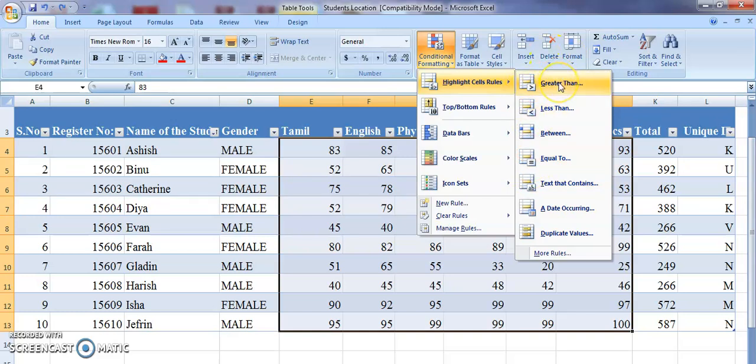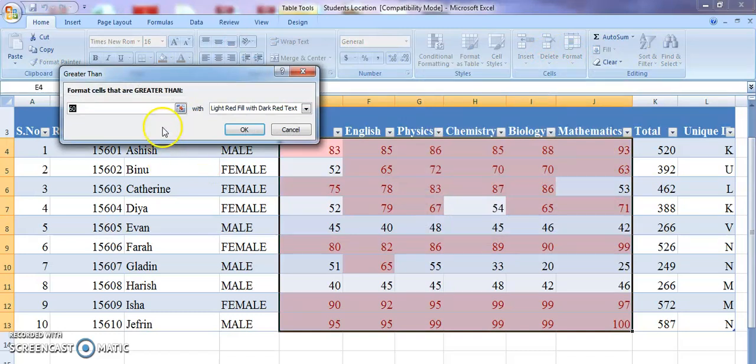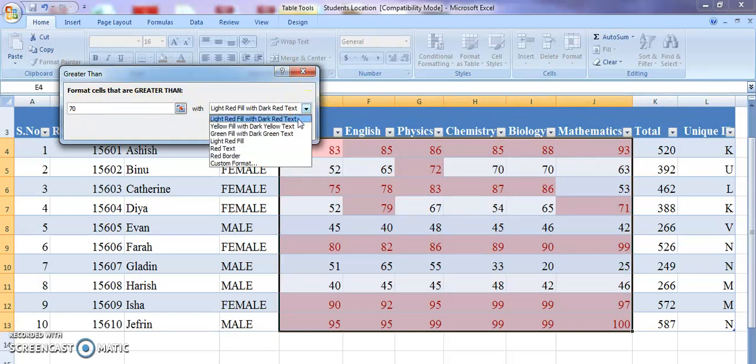Now whoever have scored more than 70, we are going to mark it. So I am choosing greater than, and by default there is a value of 60. I am re-entering it as 70. Now for the color, there are default colors available like light red, yellow fill, green fill, etc. But if you feel that you have to give your own color, then go for custom format.